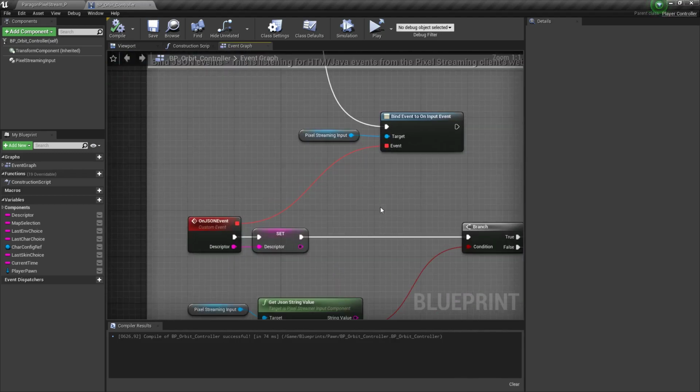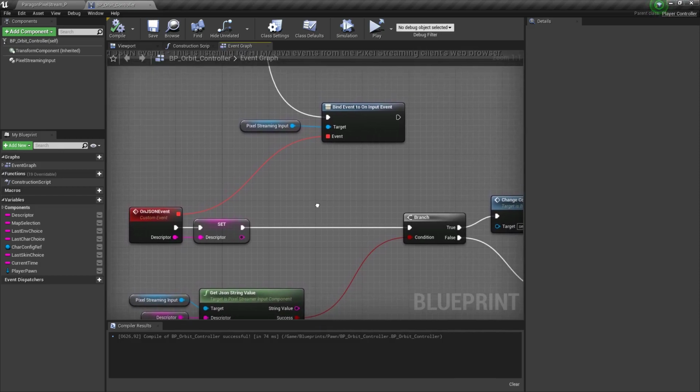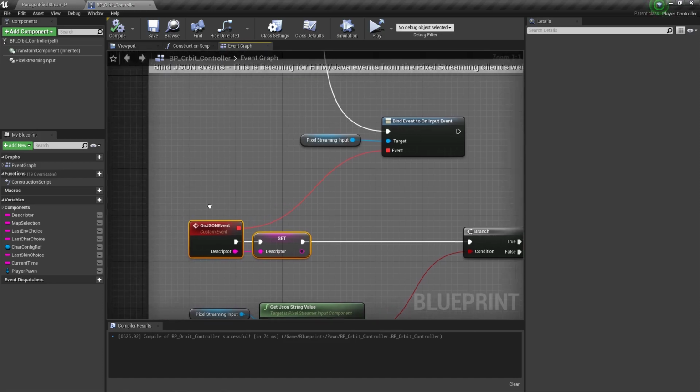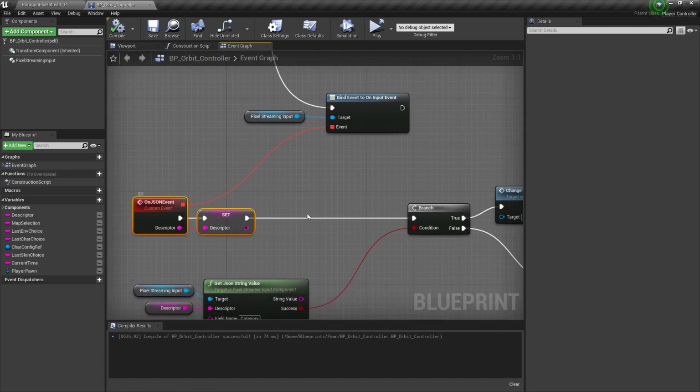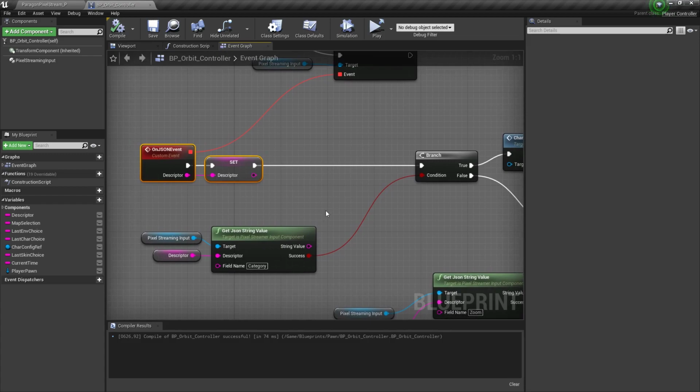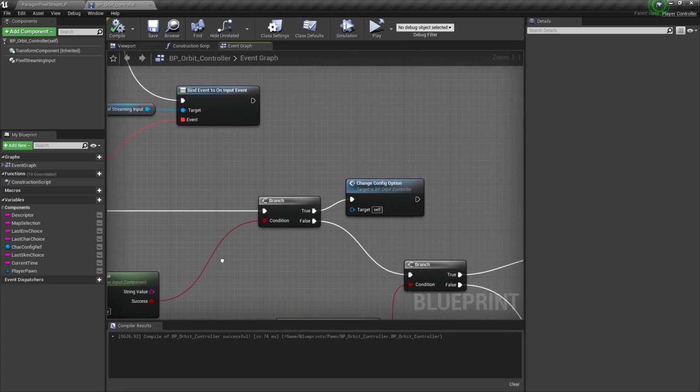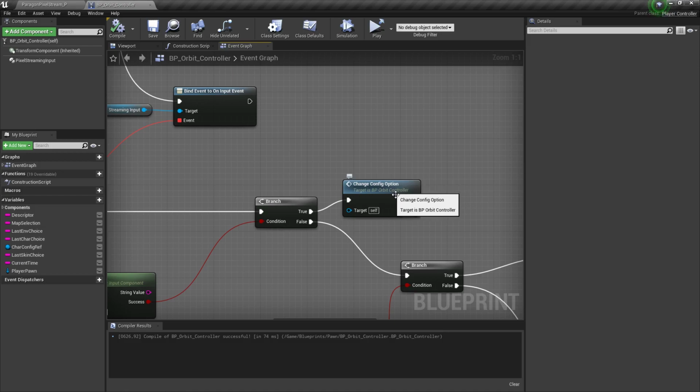Like we watched in an earlier tutorial, we got the descriptor from here using the JSON event. And if the descriptor has the field name category, which we still have in the slider, it goes to change config option.